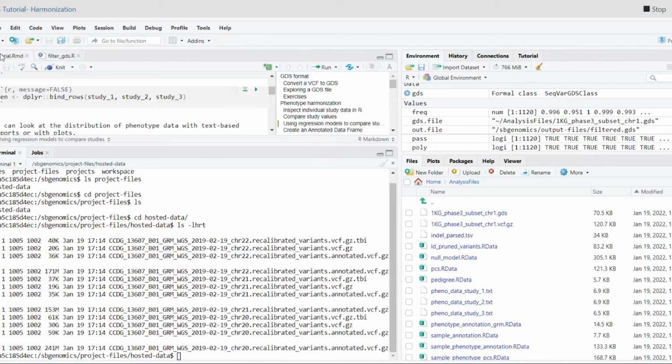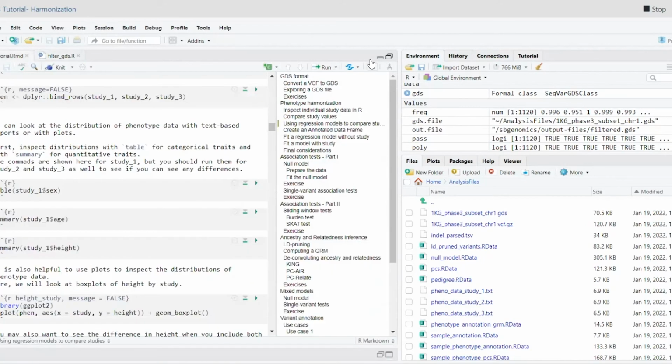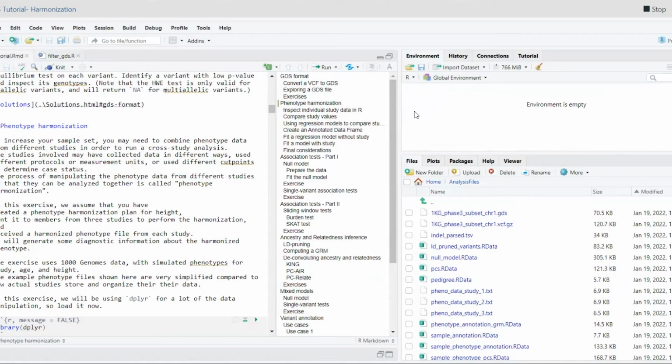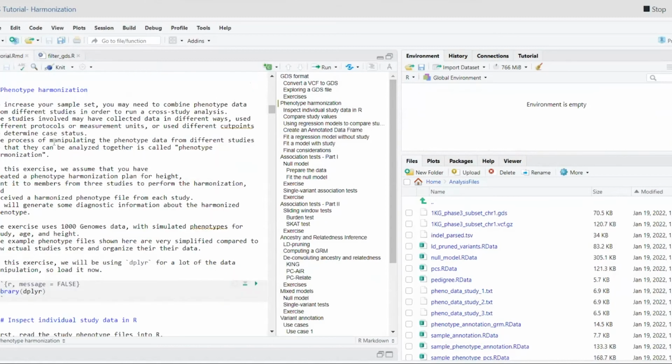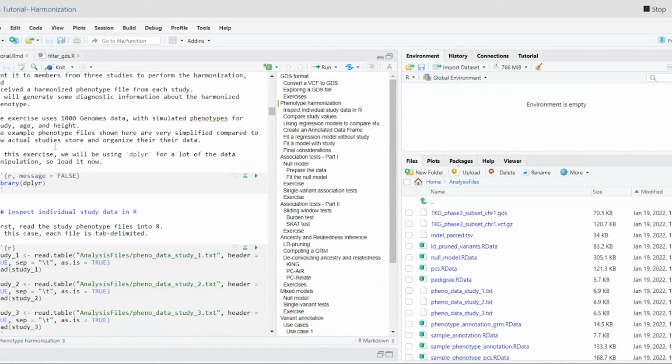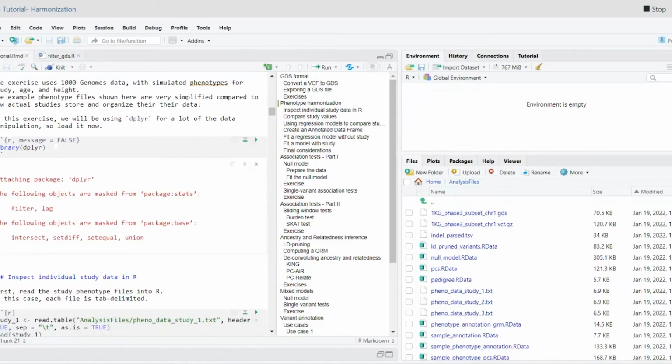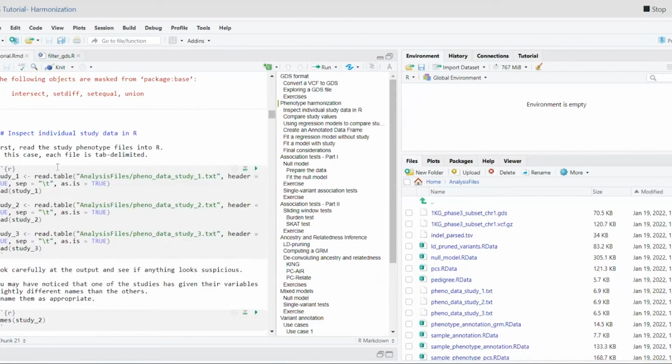Okay, so quickly, I'm going to show you some of this tutorial. So this goes through the whole process, but let's just take a look at phenotype harmonization. I'm going to clear my R environment out. And so basically phenotype harmonization can be done in RStudio using a package called dplyr, which is part of the tidyverse packages. And it's really great for data munging and